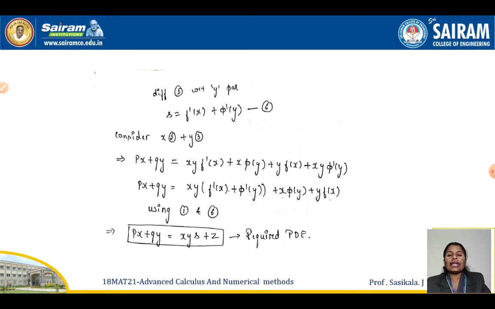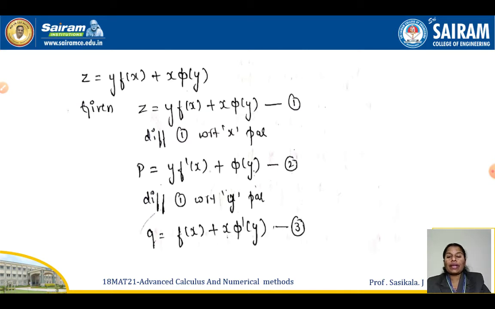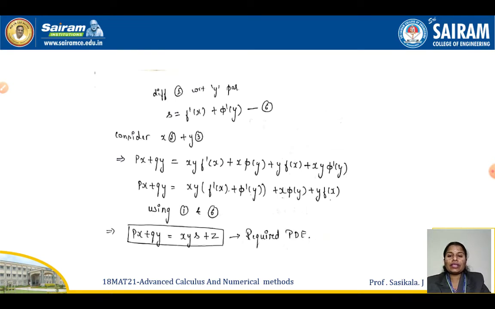So again I am going to take equation number 2 or 3. Anyone you can choose, both will give the same answer. If you choose equation number 2, you should differentiate with respect to y. If you are choosing equation number 3, you have to do it with respect to x. So with respect to y, I'll get for s, del squared z by del x del y. Already with respect to x we did. So with respect to y, you will get y into, y will be 1, so you have f dash of x plus a term of phi dash of y. That I made equation number 6.